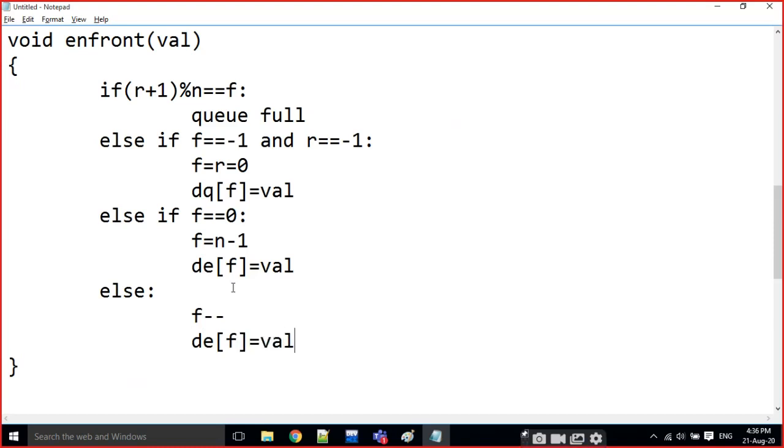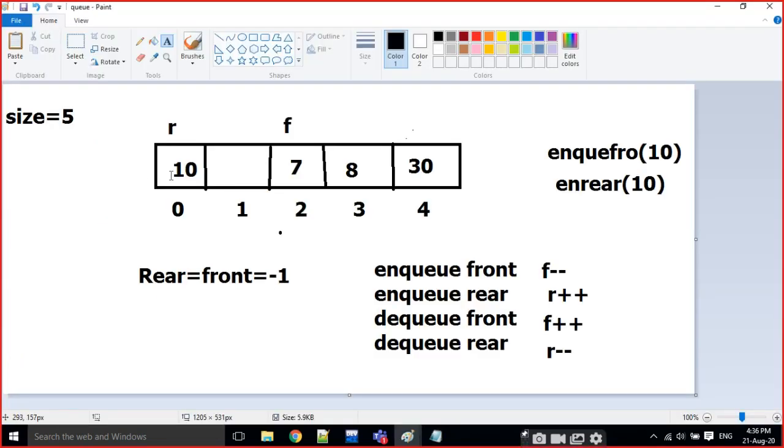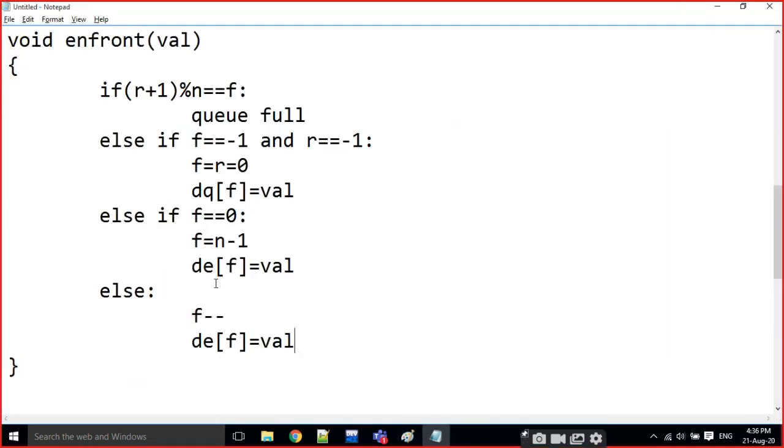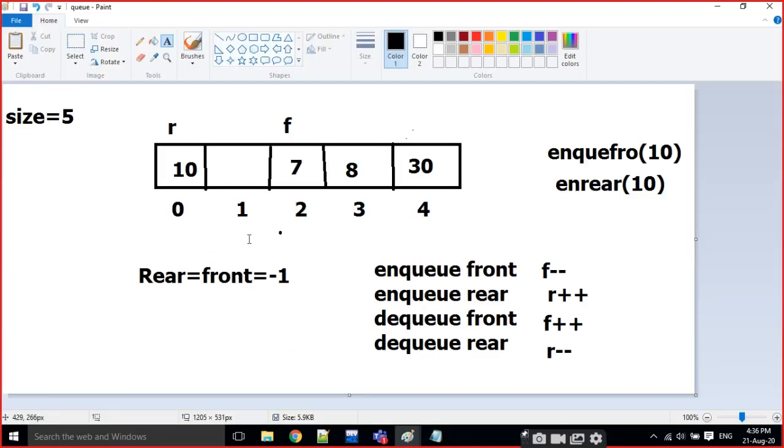If you are reaching f is equal to 0 position, then we are going to f is equal to n minus 1, the last position.